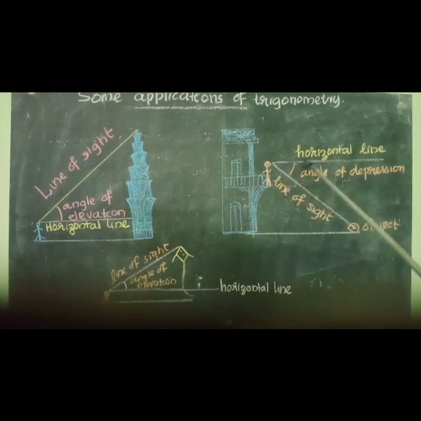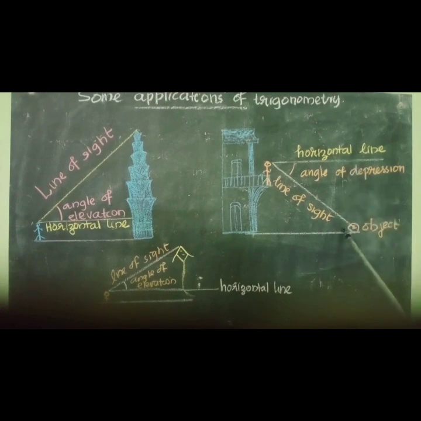Here this one is the horizontal line. Now you can see the object is below the horizontal line. So the angle formed by the horizontal line and line of sight is angle of depression if the object is